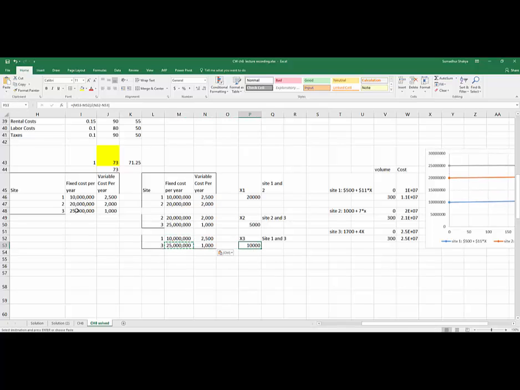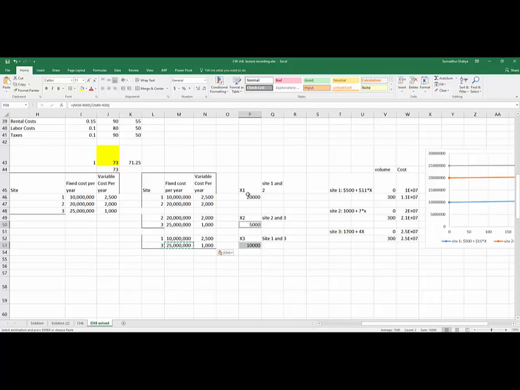Okay, now given this, our numbers are such that between x1 and x2, the break-even volume is 20,000. Between x2 and x3, 5,000 is better, and between x1 and x3, 10,000 is the point, which means below this